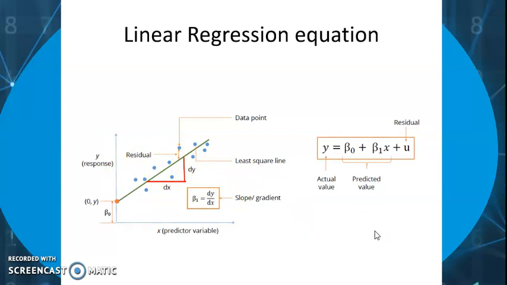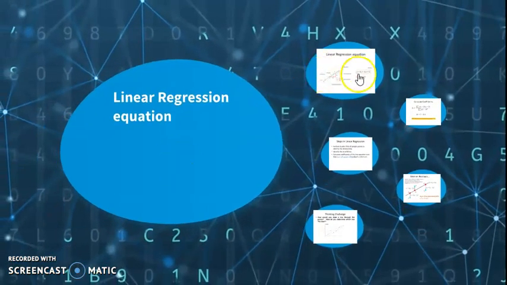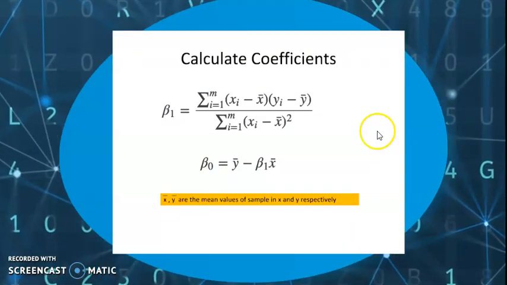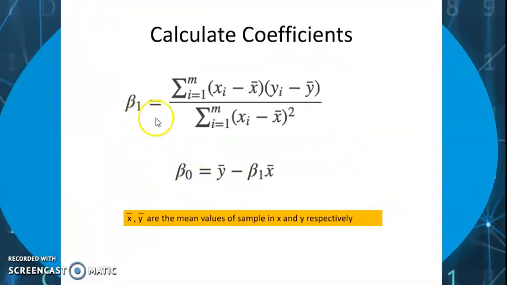I hope we are clear with the linear regression equation. So what is the linear regression equation? y is equal to mx plus c plus a term that is nothing but the residual term. And the residual term is the difference between the actual value of y and the predicted value of y. So we move ahead on how to calculate the values of the coefficients beta 0 and beta 1 for the linear regression model. Beta 1 is nothing but the slope of the line, right? And how do we calculate the slope of the line? It is change in y upon change in x.